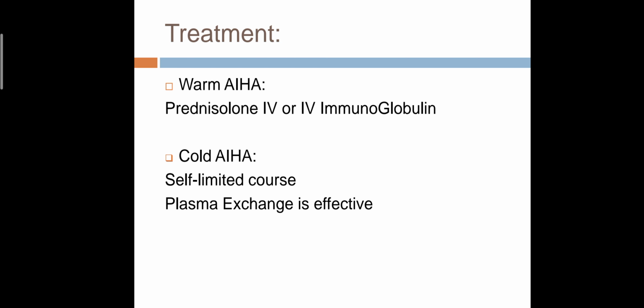So with this we have seen two causes under the hemolytic disease: one is Rh incompatibility and one is autoimmune hemolytic anemia. Regarding the remaining causes, we are going to see them in the next class or next video.